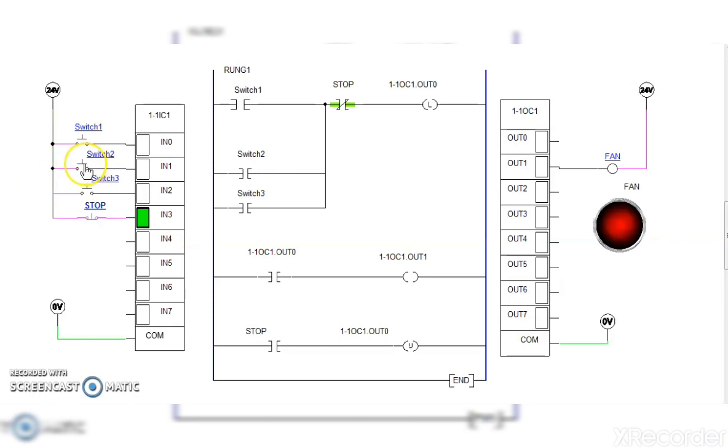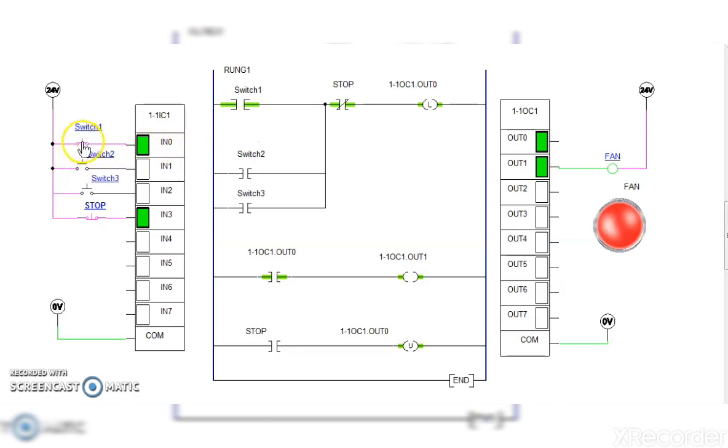Let's check it again for switch 3. Switch 3 is pressed momentarily. The same thing happened. When the stop switch is pressed, the fan is stopped. Instead of these push buttons, if the switch is continuously closed, it becomes like this.